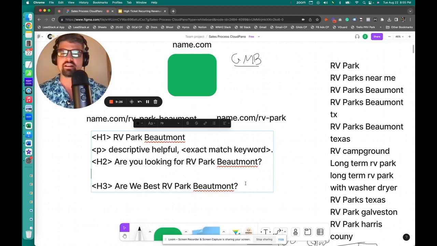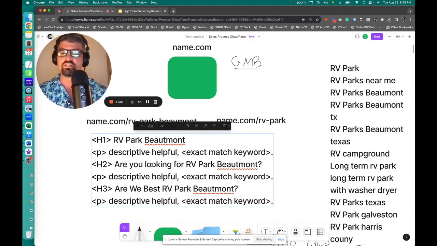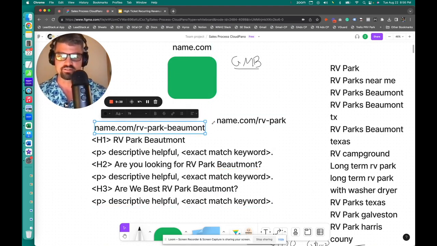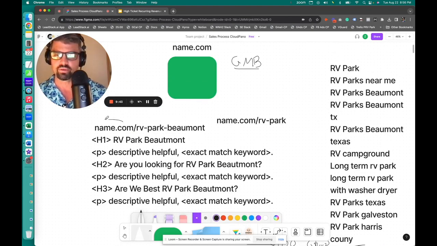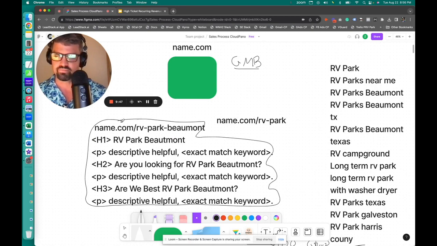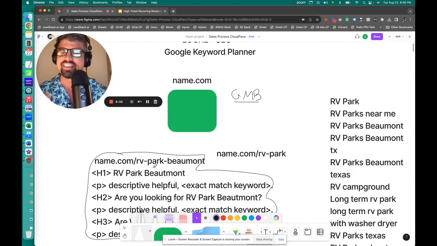Same thing for down here. You're going to have something matching the header tag. So this is very basic SEO, but it's super helpful. You'd be surprised. This page right here, we're actually going to draw a circle around this. This represents one page. We're going to build this page, and then we are going to make sure that our